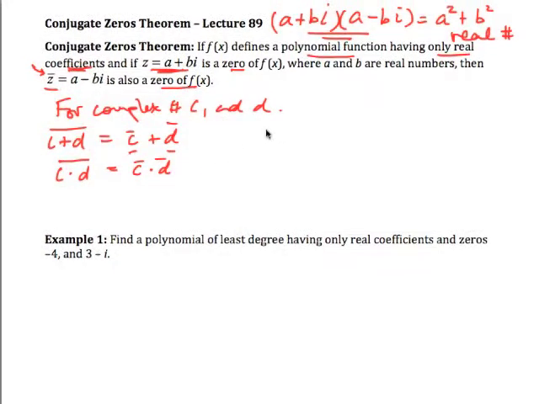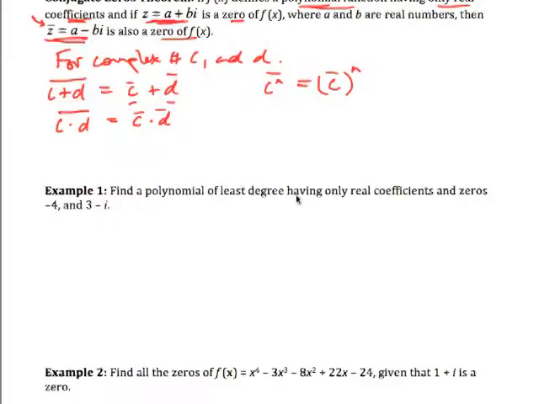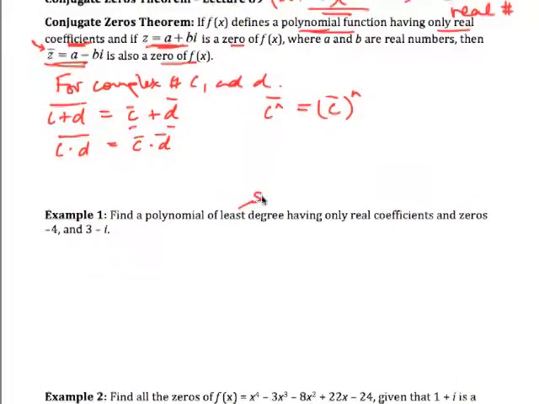Alright, and further we also have a power property which says that if I take the nth power of a complex number and then take the conjugate of it, same number, different sign, then this is exactly the same as taking the conjugate first and then raising it to the power of n. Alright, so we keep these ideas of conjugates in mind, but the most important thing to remember is that if I have real coefficients for the polynomial and I have a complex zero, then its conjugate is also a zero. So when it comes to a question like this, find a polynomial of least degree, the smallest degree,